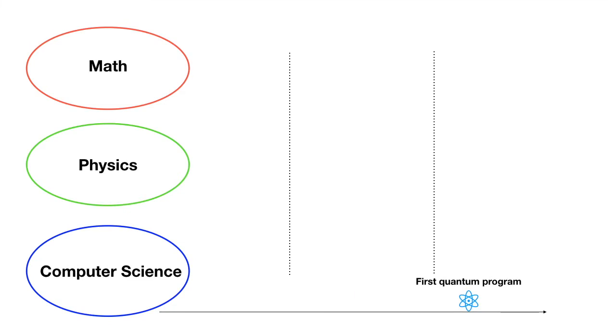The first concepts are bit and qubit. For most people, this might be the most interesting part about quantum computing. Those concepts come from information theory. In classical information theory, we use the bit to represent the basic unit of information. For the quantum world, we use the quantum bit, which is the qubit.